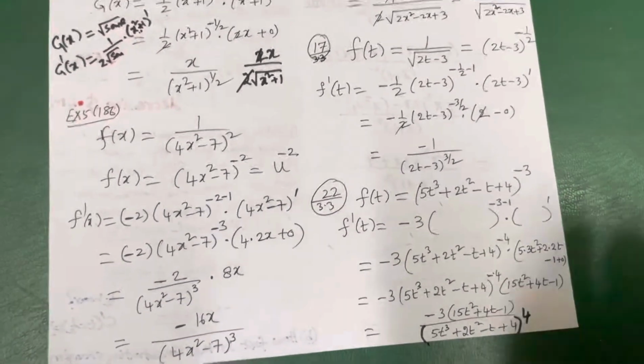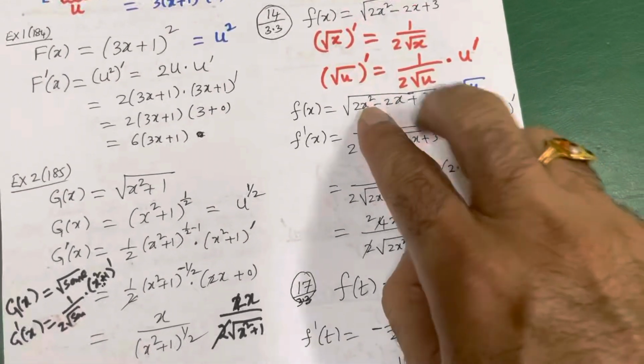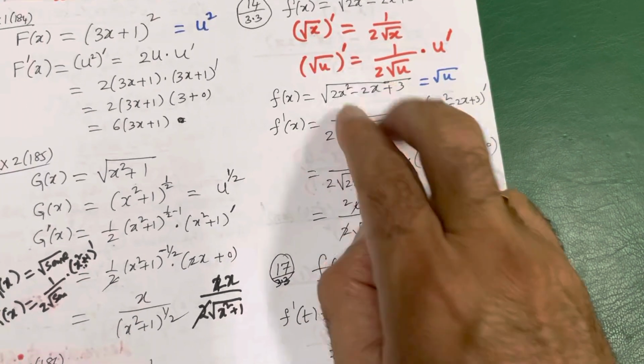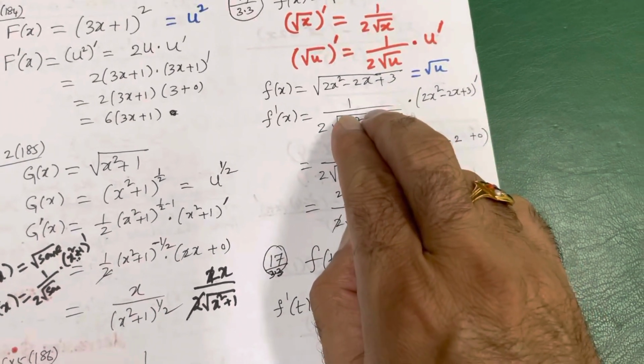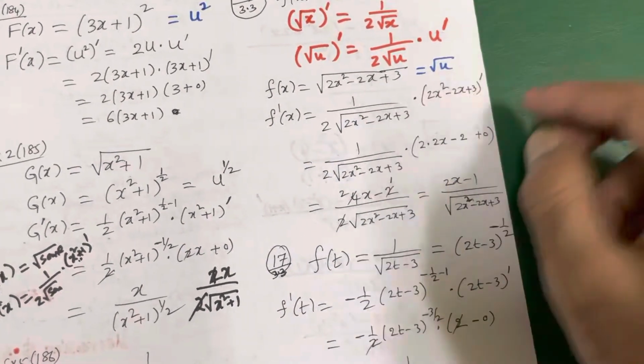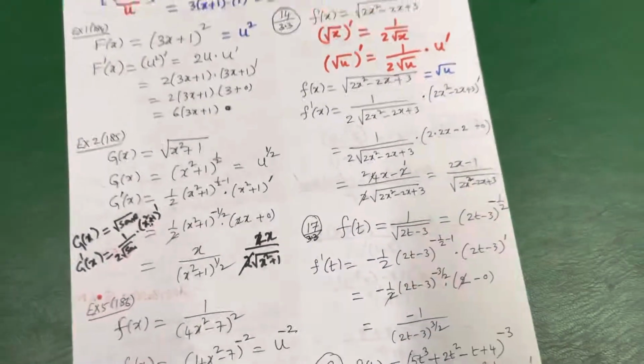So remember, don't look inside here, don't look inside here also, just see only the root. What is the derivative of the root? 1 over 2 root, don't see inside. 1 over 2 root something. This something you write again here, and its derivative. That's the answer. If I write its derivative, this is the final answer. On simplification, you may get something else.